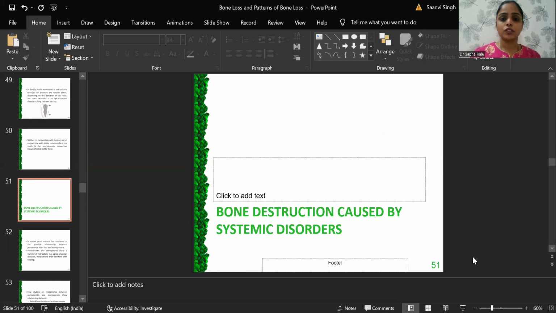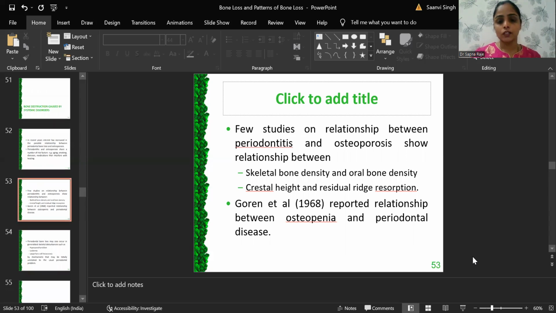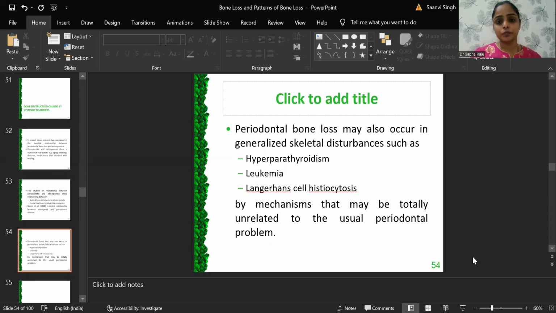Bone destruction caused by systemic disorder. This is one of the important things, how systemic diseases may lead to destruction of the bone. Periodontitis and osteoporosis share a number of risk factors, that is aging, smoking, diseases, and medications that interfere with healing. So periodontal bone loss may also occur in generalized skeletal disturbances such as hyperparathyroidism, leukemia, Langerhans cell histiocytosis. Periodontal bone loss that may lead to